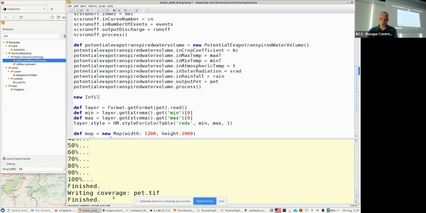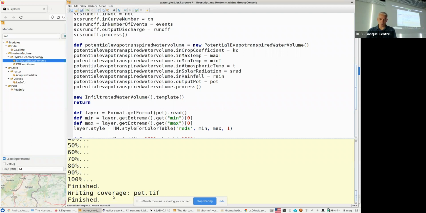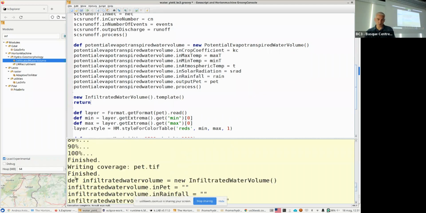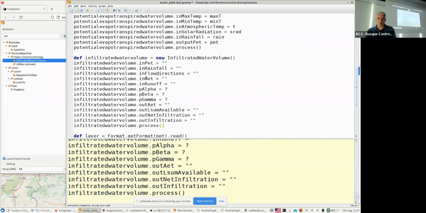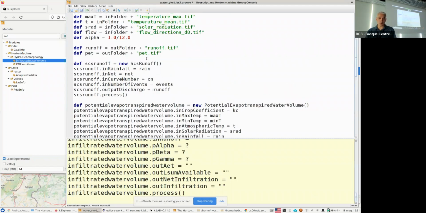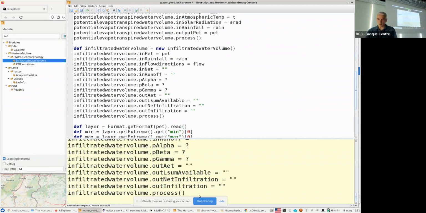So, infiltrated water volume. As usual, I use my template trick, and if I don't want the stuff after that to work, I can just remove it. Okay, so potential evapotranspiration, well, we just created it at the step before. Then this also needs rainfall. It needs the map of flow direction, which we have and we called flow. It needs the network because infiltration on the network will be just